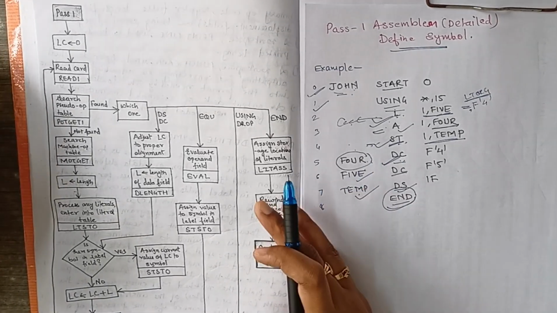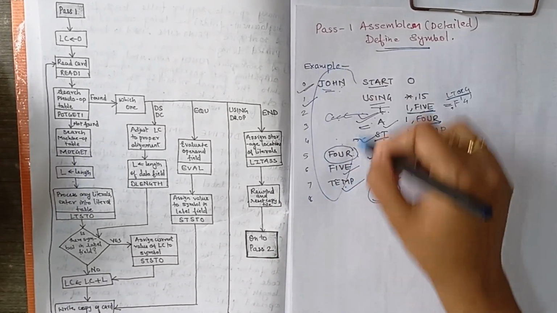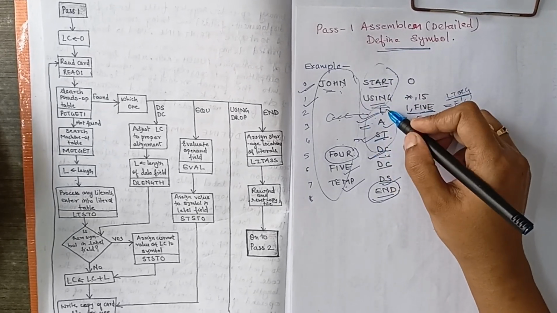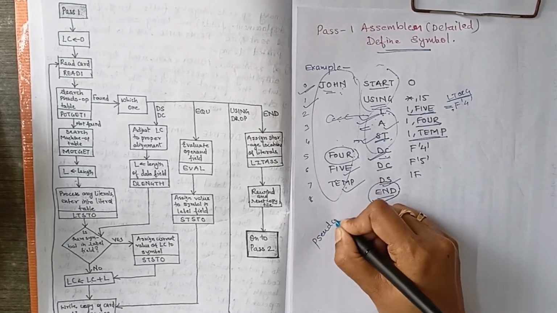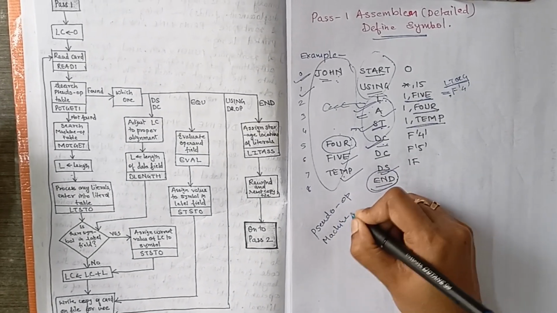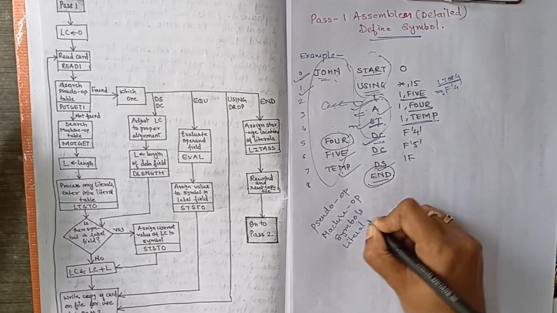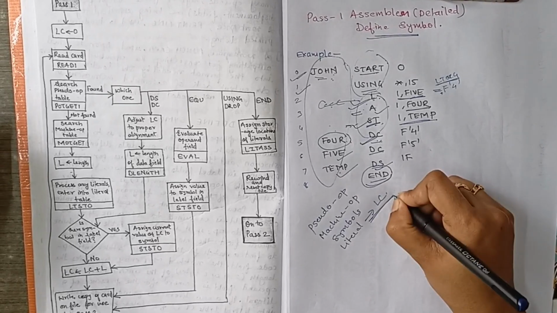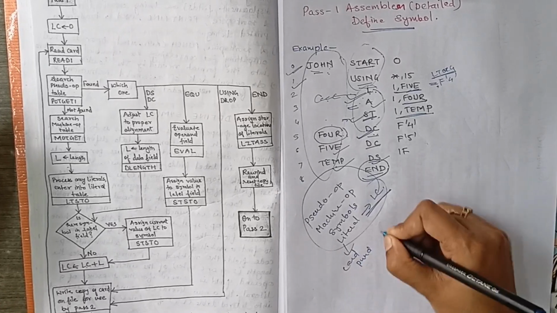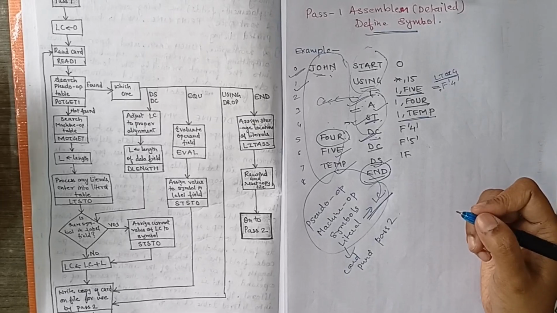So here we have done pass 1 of the assembler. It only defines whether symbols or labels are present, pseudo ops are present, and machine codes are present. So here we are defining only 3 types: pseudo, machine op, and symbols. If literals are present, then we provide them the proper location counter, and all these cards get punched for pass 2 for generating the machine code. So here we have completed pass 1.